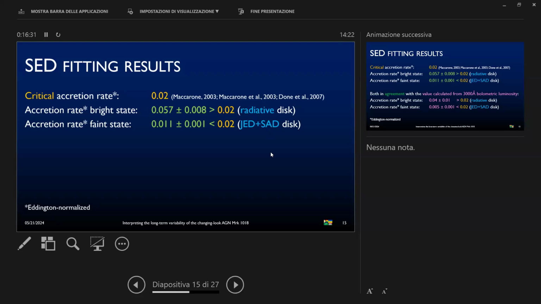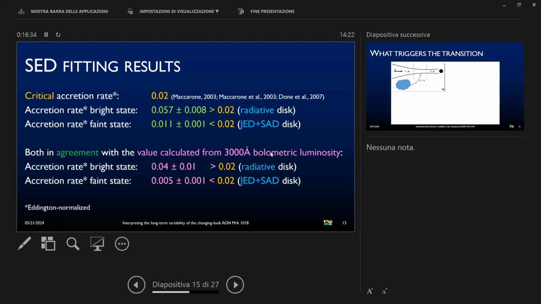If you're still not convinced, then we can calculate the accretion rate in a model-independent way by looking at the 3000 angstrom monochromatic luminosity, finding that in the bright state, again, the accretion rate is above this critical value, and in the faint state it is below this critical value. So we have many different pieces of evidence here that the accretion disk in Mrk 1918 is changing its state, the inner part of the accretion disk specifically. And we think that this is a general property of the Changing-Look AGN, that for this reason must be renamed